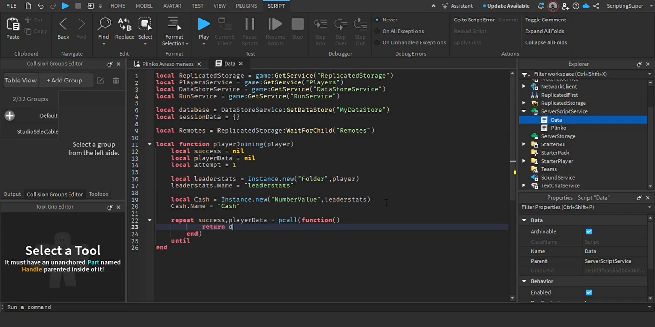We're going to return database, going to get async player.userID, and every time it does this, temp is going to plus equal 1. We're counting the attempts. If it's not successful, then we're going to warn